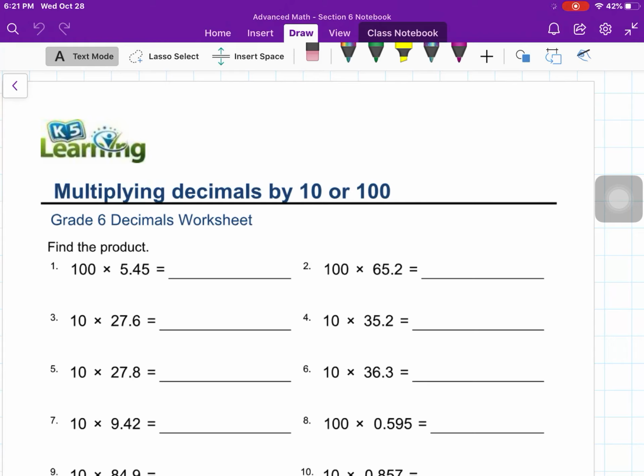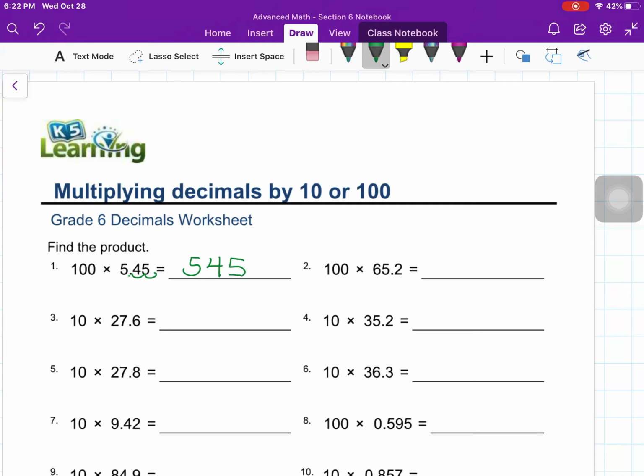So let's check it out. Let's see how easy this can be. If we've got 100 times 5 and 45 hundredths, to multiply something by 100 is to move it 2 places to the right. So our answer is simply